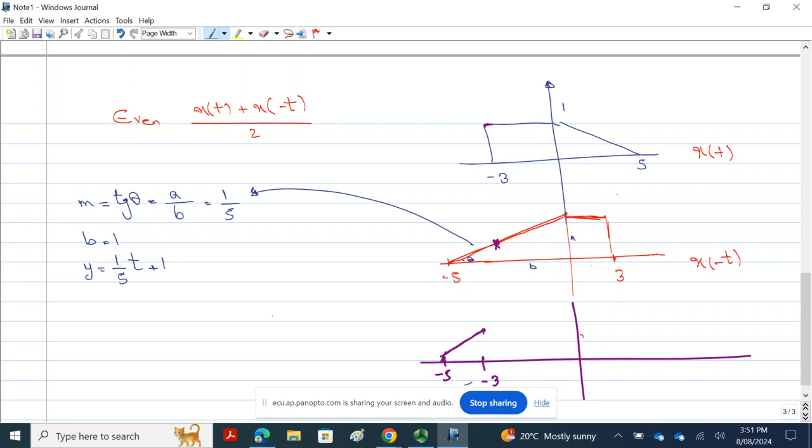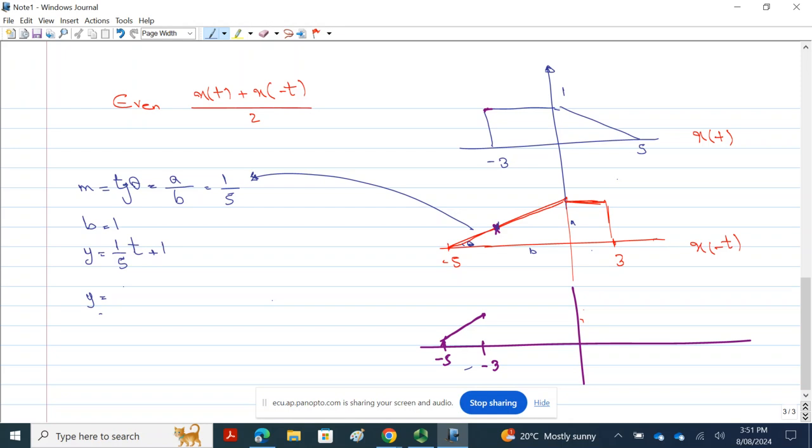Any question? Cool. Now, what should I do to find this value? Yes, I need to put t equal to minus 3. So y will be equal to 1/5 times minus 3 plus 1, which will be equal to 2/5. Thank you. Now I know this is 2 over 5, right? Now I need to add 1 to it. So 1 plus,